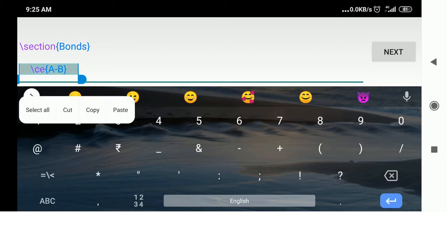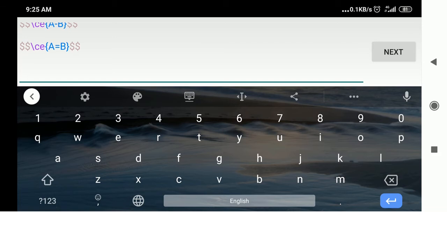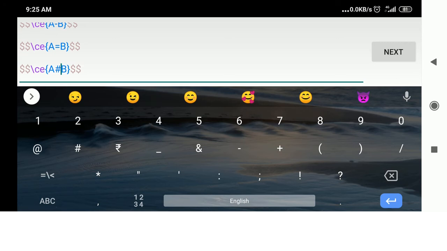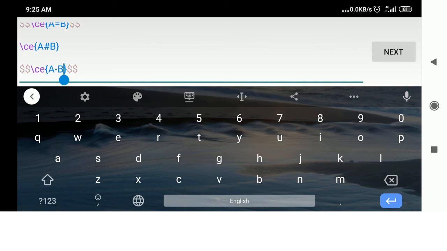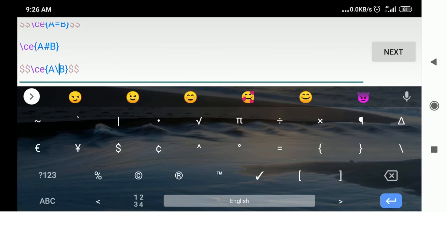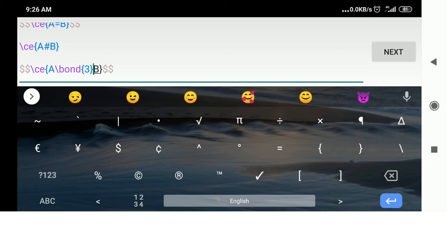We'll copy paste this, and I will change it to equal sign, and I will copy paste it again. For triple bond, hash symbol is there, but this hash symbol may not work in this display mode. We'll remove this display mode for this purpose, so that hash symbol will work there for triple bond. And we'll go for how to go for that triple bond in display, that is slash bond in curly bracket. We'll type number of bonds we want. The triple bond we want, therefore bond 3. If you need a single bond, then we can have 1 in the curly bracket.